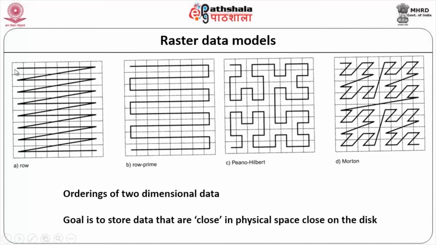The same technique, instead of using this method, if I am going to use the method of prime, goes like this, instead of coming back to the 1 here, it just jumps to the last cell of the second row. So, in this context, it is only going to be row by row. In this context, it will be row by row, but taking the last cell as the first. So, it goes like this, its first cell will become the first cell here, it goes like this. So, this is the way the row prime moves around.